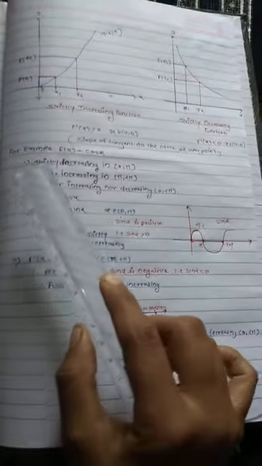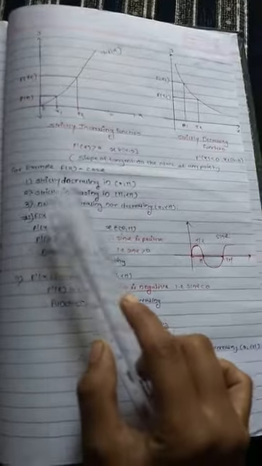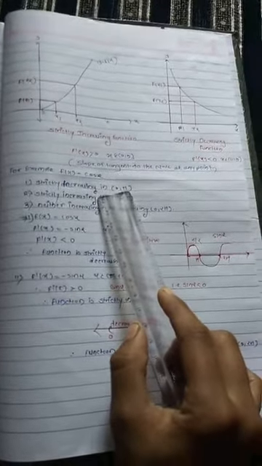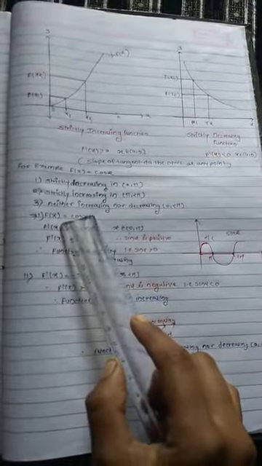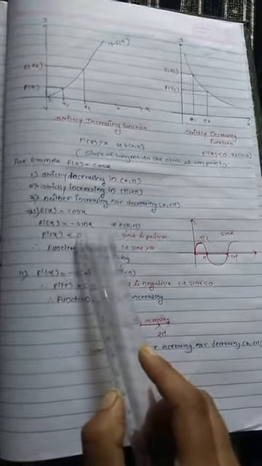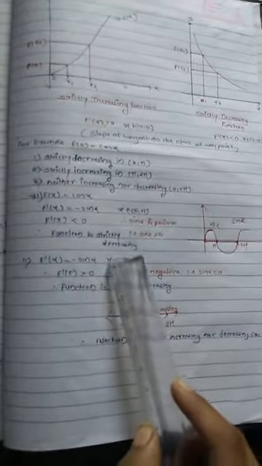Consider an example. For example, f(x) = cos x. First, we have to find where it is strictly decreasing in the open interval (0, π). Consider function f(x) = cos x. The derivative of this function is −sin x. Sin x is positive in (0, π). Therefore, positive, with the negative sign, is negative. Therefore, f'(x) is negative, that is f'(x) < 0. Therefore, the function is strictly decreasing.